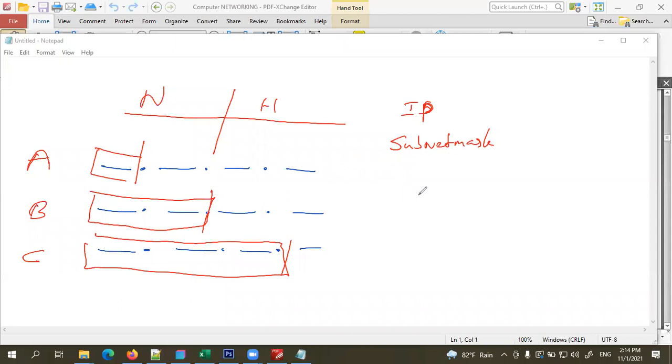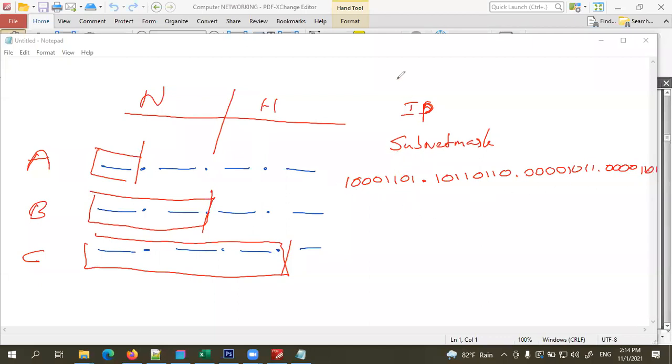What you must understand here is that in an IP address there are 32 bits. For example, if I write a number like this, this is an IP address.